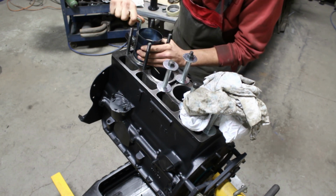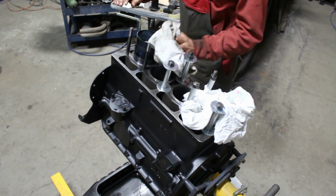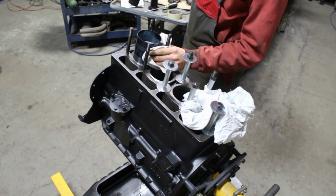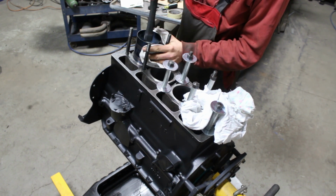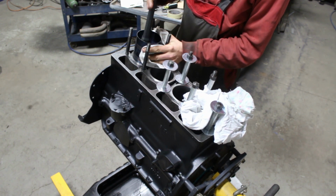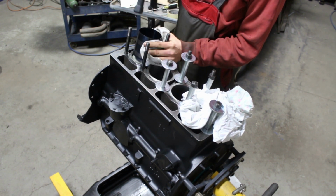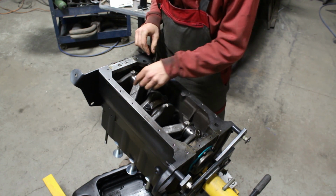I tightened the ring compressor around the piston, and then with the rubber hammer I tapped it at the top to align the ends. Of course I removed the screwdriver before that. And then very gently I drove the piston inside the cylinder by tapping it with the handle of the hammer, and I was ready to stop if I felt any resistance, but there was absolutely no problem. Now somehow I have to get rid of the tape,